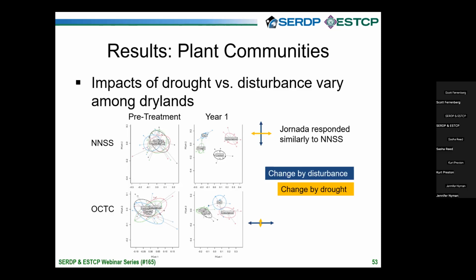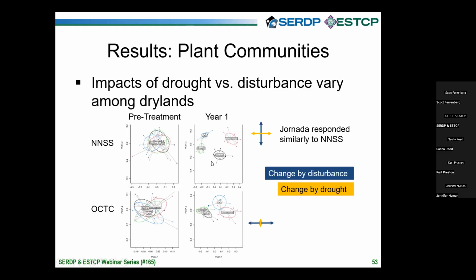And what we can see, I'm just going to keep us to one year's worth of response, and I'm only going to show panels for two of the sites, or I would suddenly overwhelm us in multivariate data, is that at the Nevada National Security Site in the Mojave, we had a large effect. Our treatments all had a large effect of driving those different treatment groups away from the control. So we're seeing the control plot here. Unfortunately, the colors change here, but we see the control plot and everything else sort of drifting away. And I'll tell you that our southernmost site in the Chihuahuan Desert had a very similar panel, so I'm only showing one for that reason.